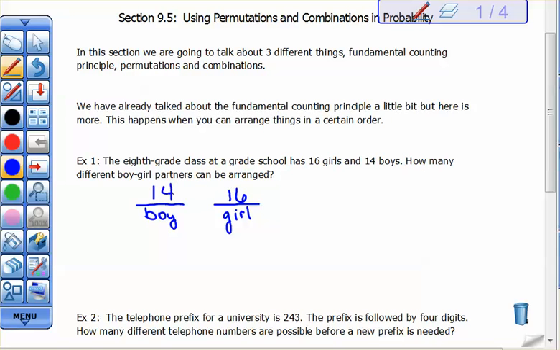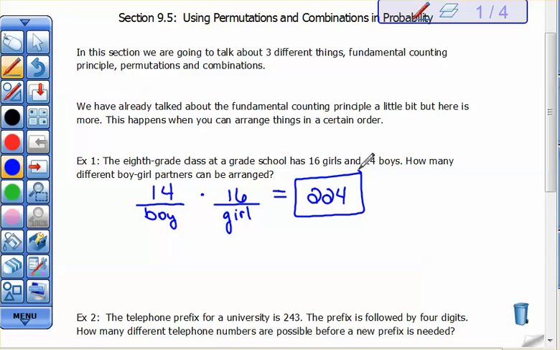The fundamental counting principle says we multiply those together and we end up with 14 times 16, which is 224. So there are actually 224 ways that we could have a boy and a girl